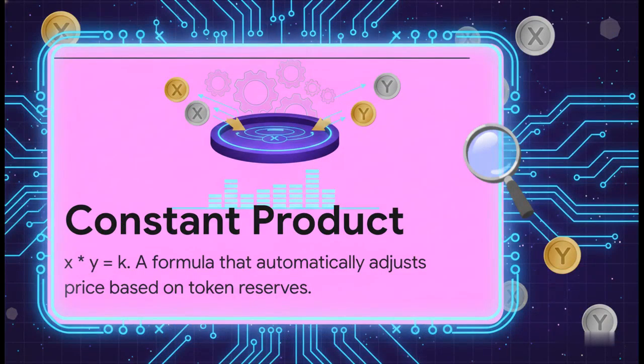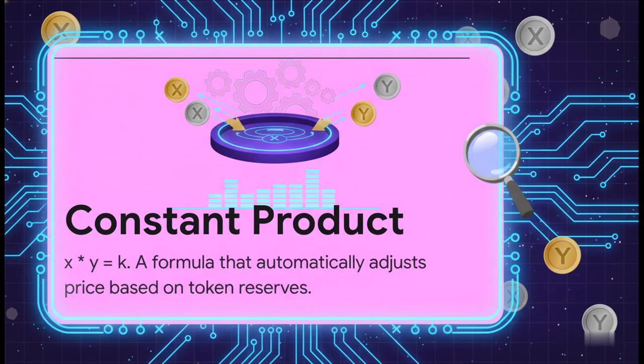Okay, the real magic here is the constant product formula. It's super simple but incredibly powerful. X times Y equals K. This is literally the mathematical transmission that dictates exactly how every single decentralized trade is priced today. Think about it. There are no traditional order books here. Instead, X and Y represent the reserves of two different tokens sitting together in a liquidity pool. And K? Well, that's a constant value that never changes during a trade.